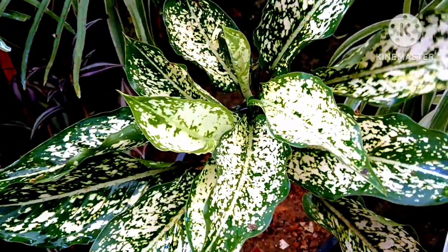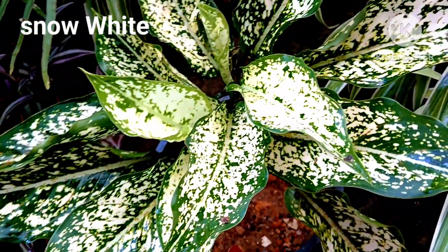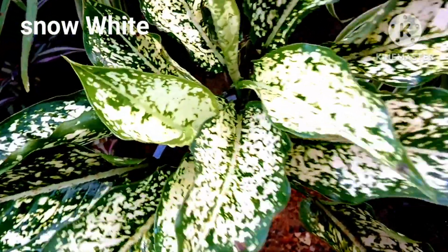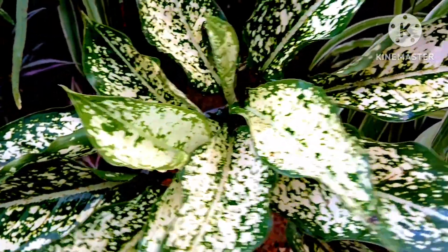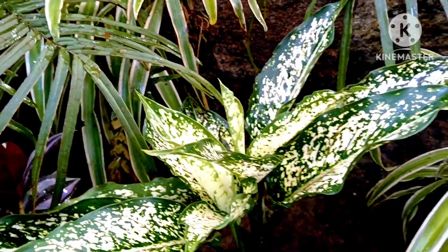The beautiful plant for your shady corner is this beautiful snow white plant. They also don't like the bright light. They grow well in the partial to medium sunlight. So if you get any aglaonema varieties, you can put them in the medium sunlight or the partial sunlight area